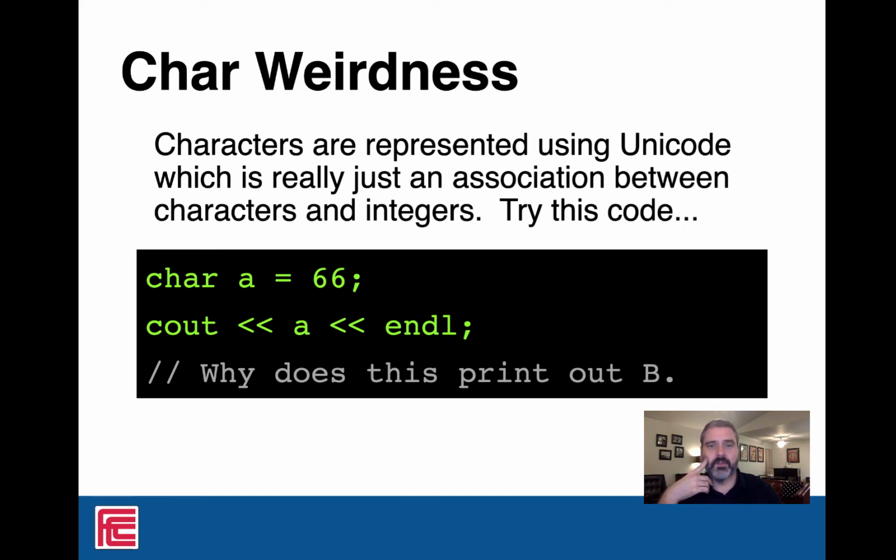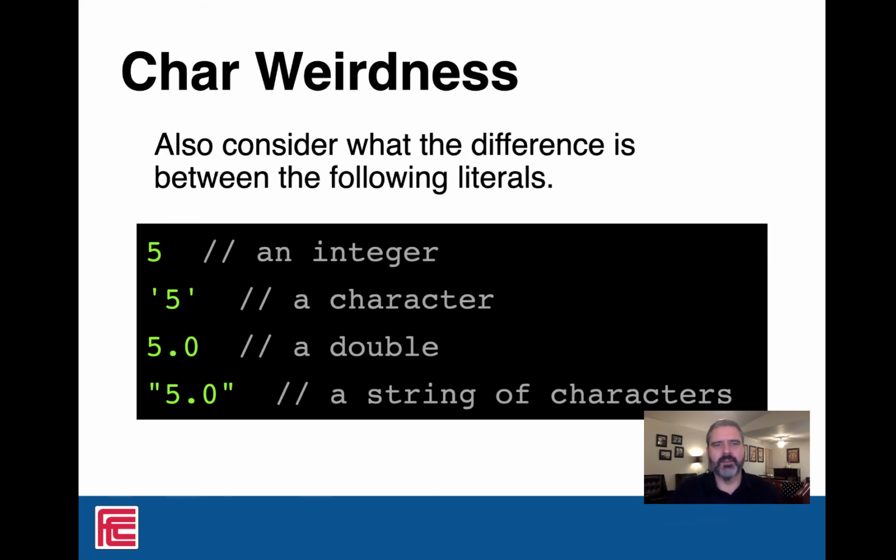So what is the character capital B plus 1? It's the character capital C. If the compiler interprets it in that way, then you can bounce back and forth between the numbers and the characters. But don't. Why would you do that? It's purposely being confusing. So if you think about these different literals: